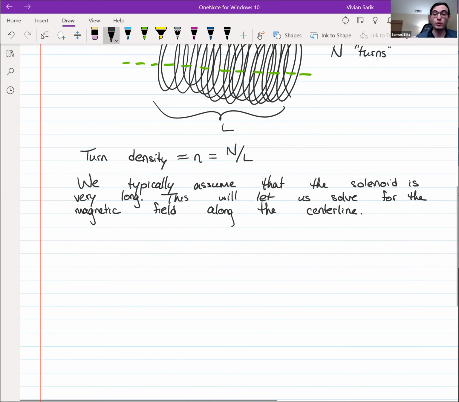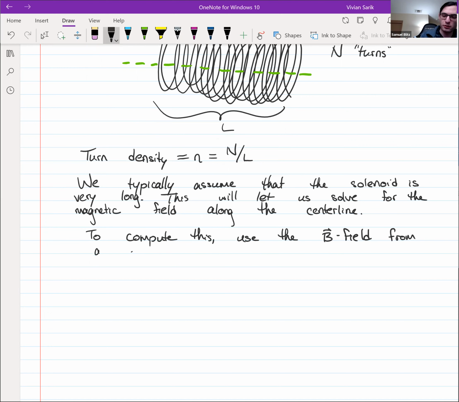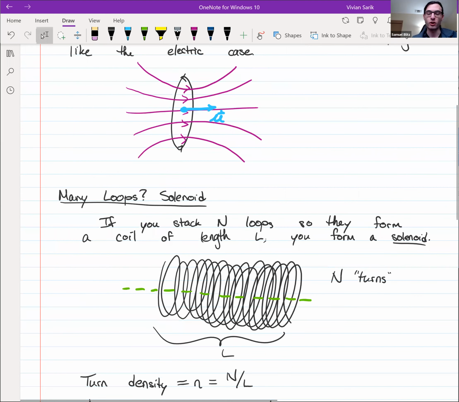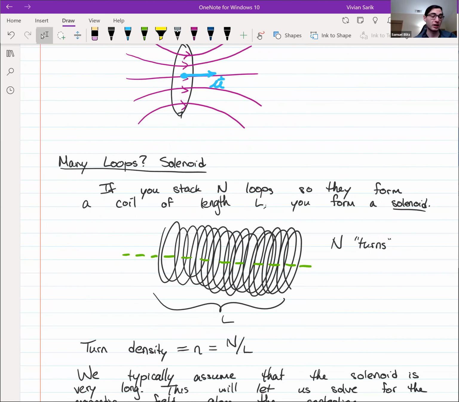So we're just going to compute this directly using the Biot-Savart law, sort of. To compute this, we're going to use the magnetic field from a single loop, which we had already computed, right? We computed that last time, and it's at the top of this page. The reason we can do that is because all we're going to do is figure out how much current is going through a single loop of this solenoid, and then add up all of the contributions from the magnetic field using the